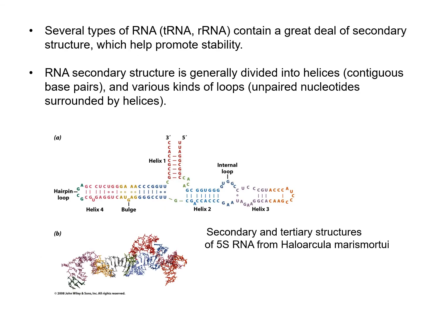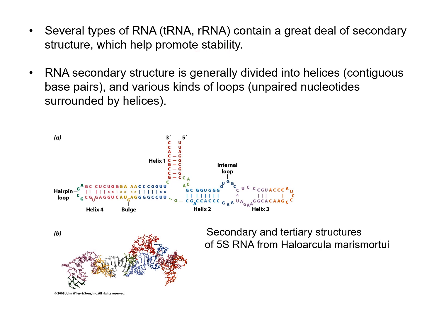And several types of RNAs, including transfer RNAs and ribosomal RNAs, contain a great deal of secondary structure, like we talked about, sort of the globular or blob structure, which helps promote stability as well as the function of